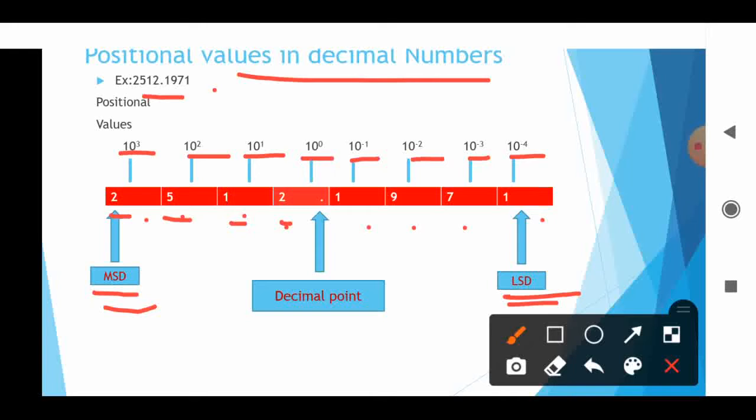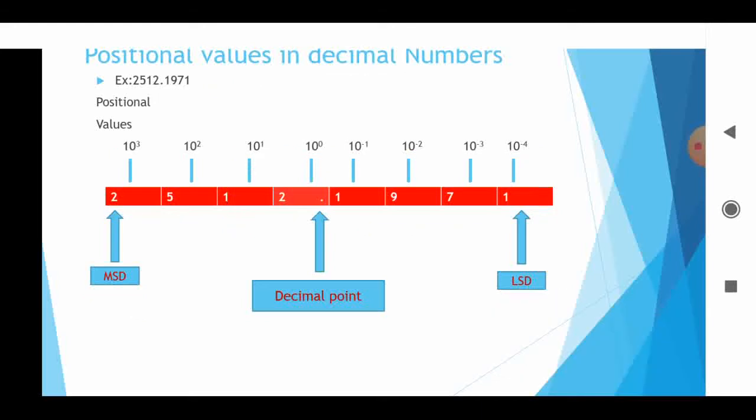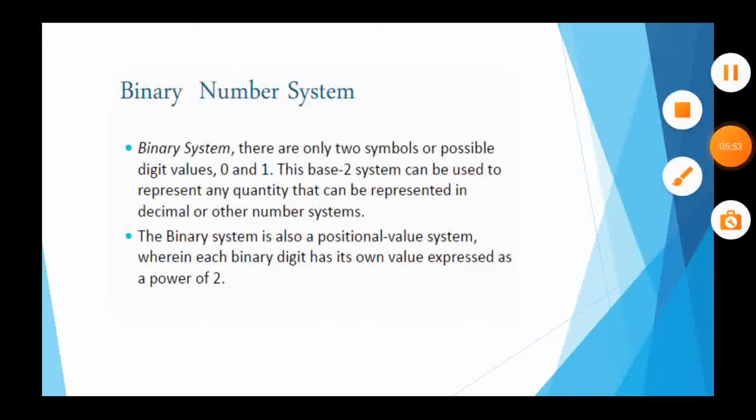At the decimal point, from the last digit on the left you start with the power of 10 at 0, a positive value, base 10. Next is 10 power 1, 10 power 2, 10 power 3; it increases. On the right side, you start with the negative powers: 10 power minus 1, 10 power minus 2, 10 power minus 3, 10 power minus 4. Did you understand this? Okay. The next one is the binary number system.